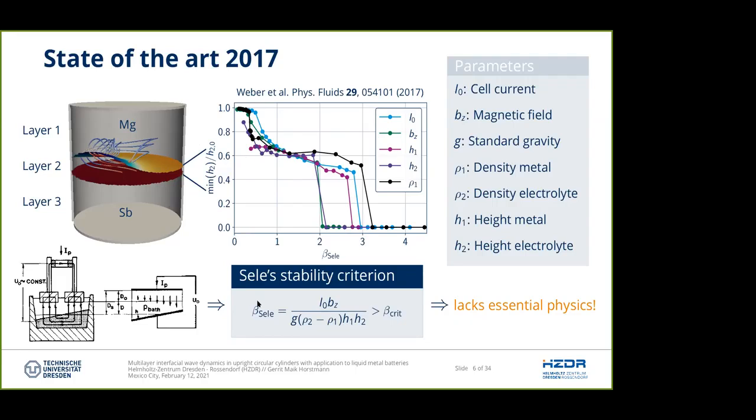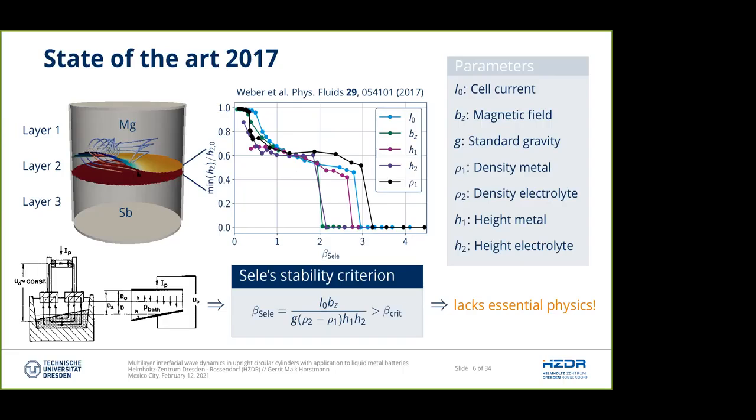And if this criterion would be perfect, all curves would coincide, which is clearly not the case here. So we can roughly see 2 instability onsets. One onset here for the metal pad instability, and the second onset where we find short circuits. But here, of course, it is far from being perfect, far from exact, which is no surprise because